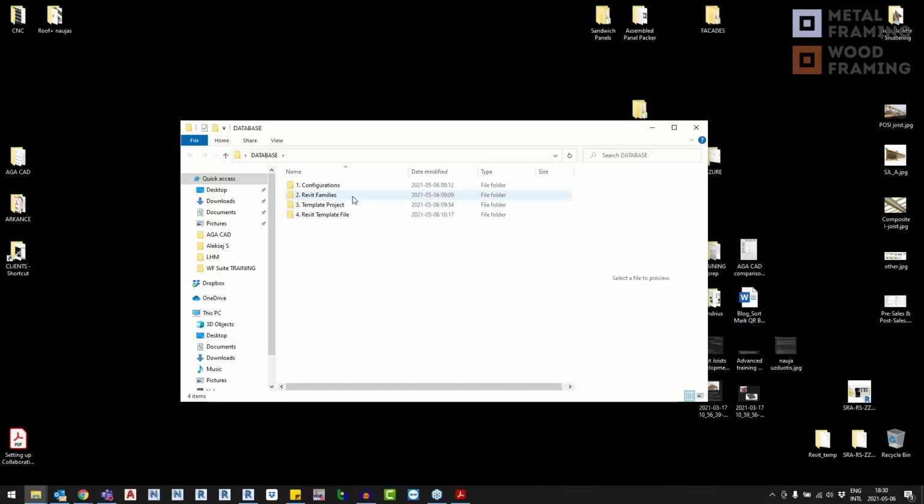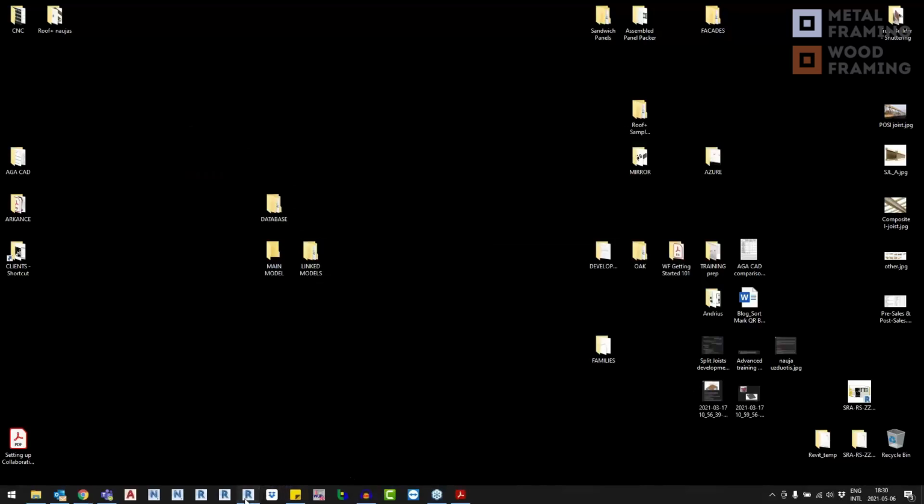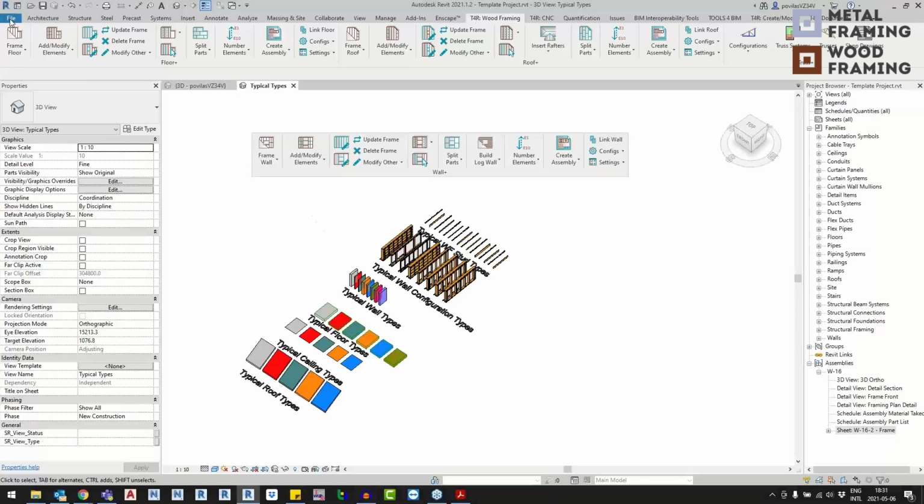Okay, the other part of our database are our Revit families. Any kind of Revit families that you're planning to use, you can just store them here, and I'll show you in 2 seconds how you can load them in your